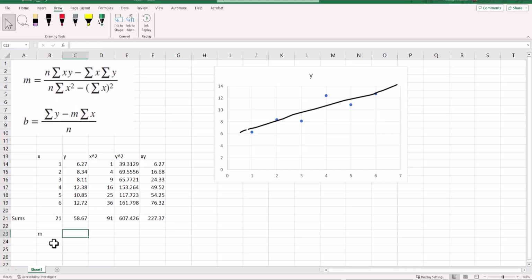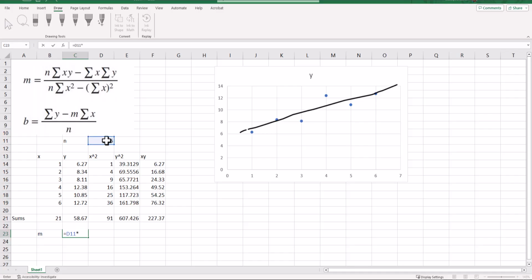m, it's going to be equal to... I've got n, well, n here, I've got 1 through 6. I should have probably put n on here somewhere, so let me back out and add n. That's a good idea to know how many numbers we have in our data set. And it's talking about our pairs here, so we've got 6 pairs, so n will be 6. So here equals 6